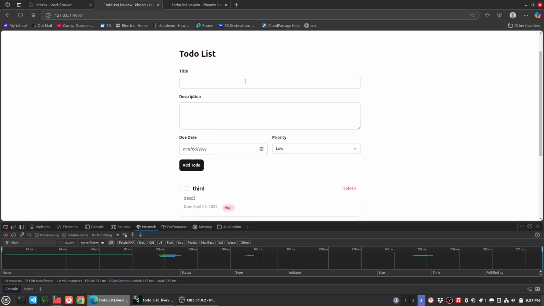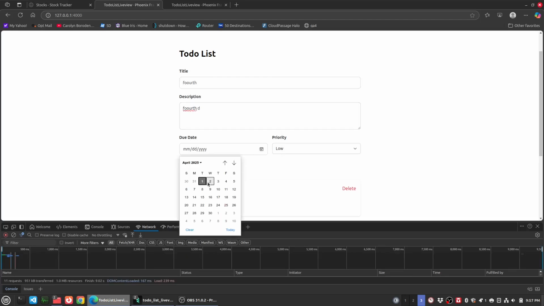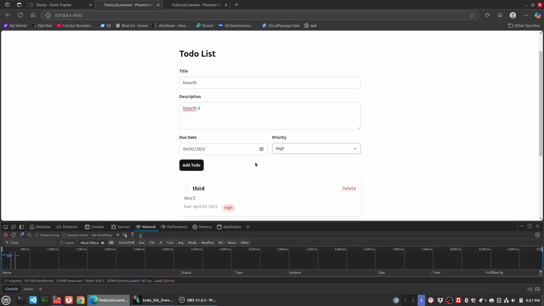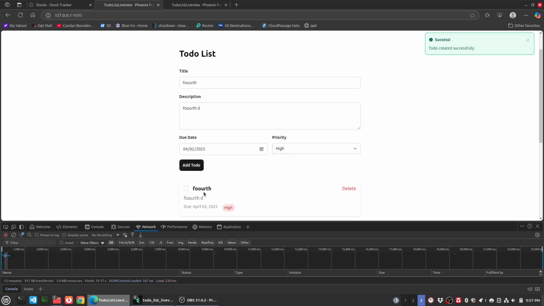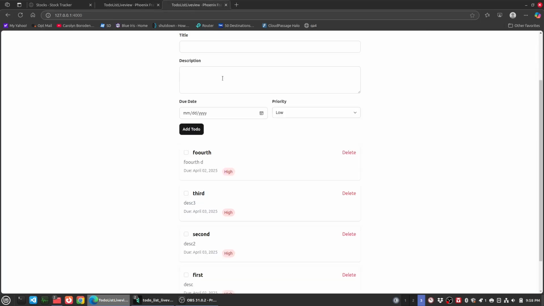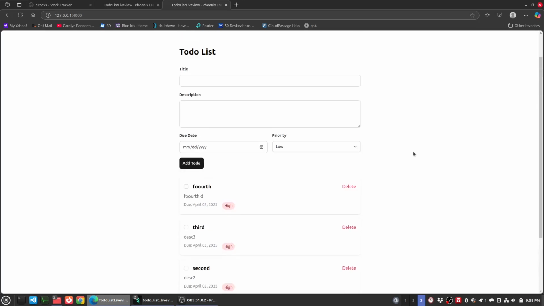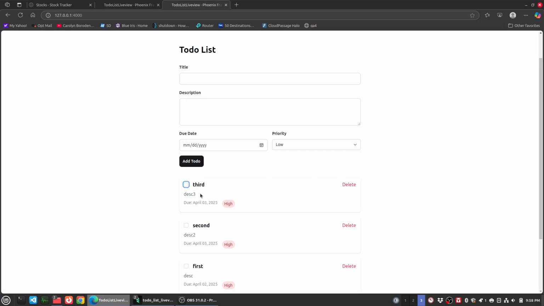Okay, so I'm going to add a fourth one here. Okay, it's reflected with my spelling error. Now if I go to this second tab, well, there it is. Pretty cool. So I did not have to refresh anything. Now on this second tab, if I delete fourth, well, let me update it actually, and